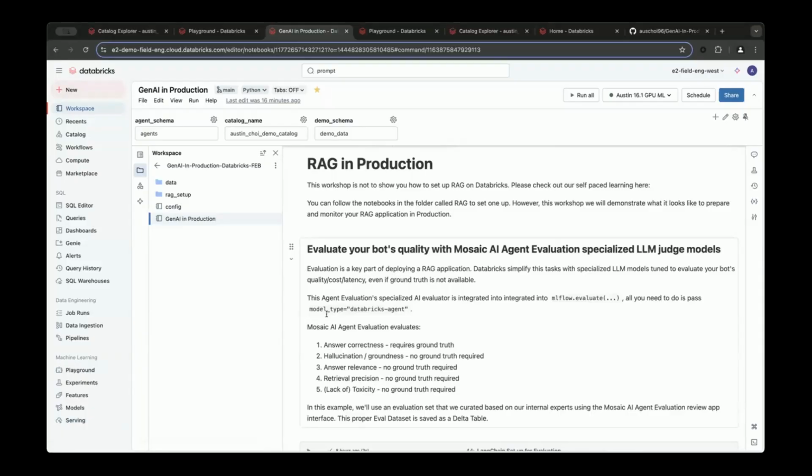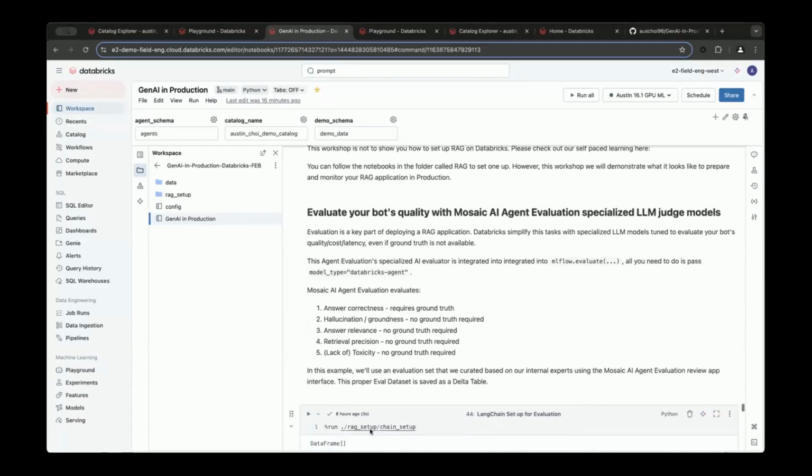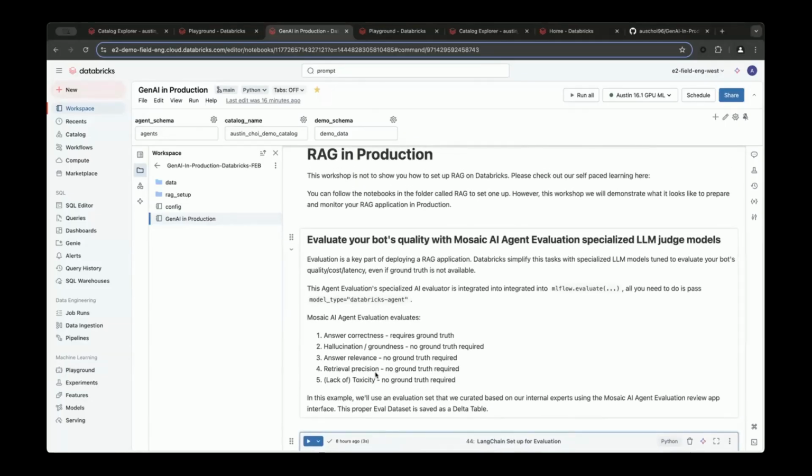Okay, so this title, RAG in production, is not going to walk you through actually creating the RAG chatbot. We have a training catalog for that specifically, so please check that out if you want to see how to use our review app, how it's going to collect feedback, and how you actually use MLflow to create the entire chatbot itself. So go to the training catalog to see that happen. But what we're going to do here is just recreate that in the back, which is what the next cell is going to be, and then show you how to evaluate that bot's quality using the Mosaic